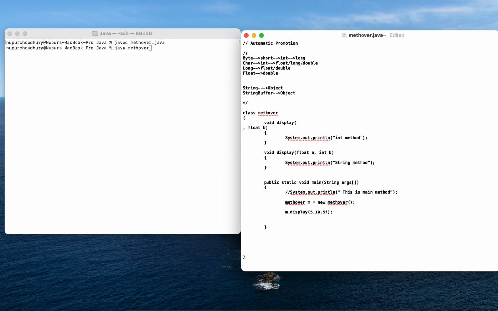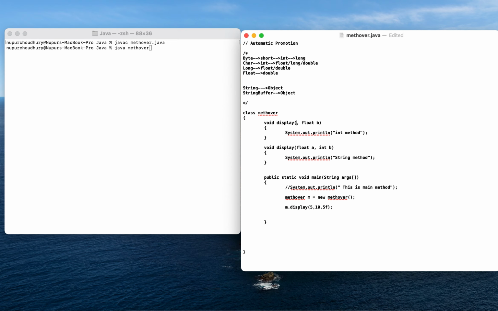Okay, int a, is it there? Yes. Since the first data type is getting matched, the first method would be printed.